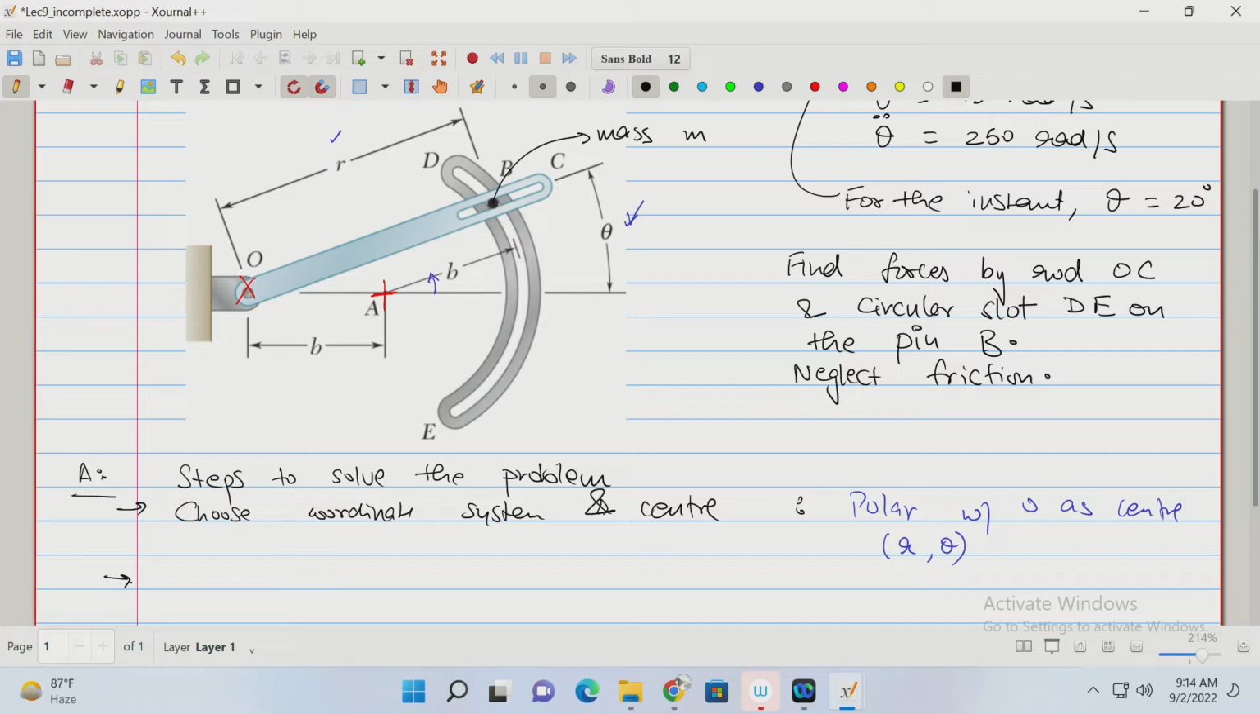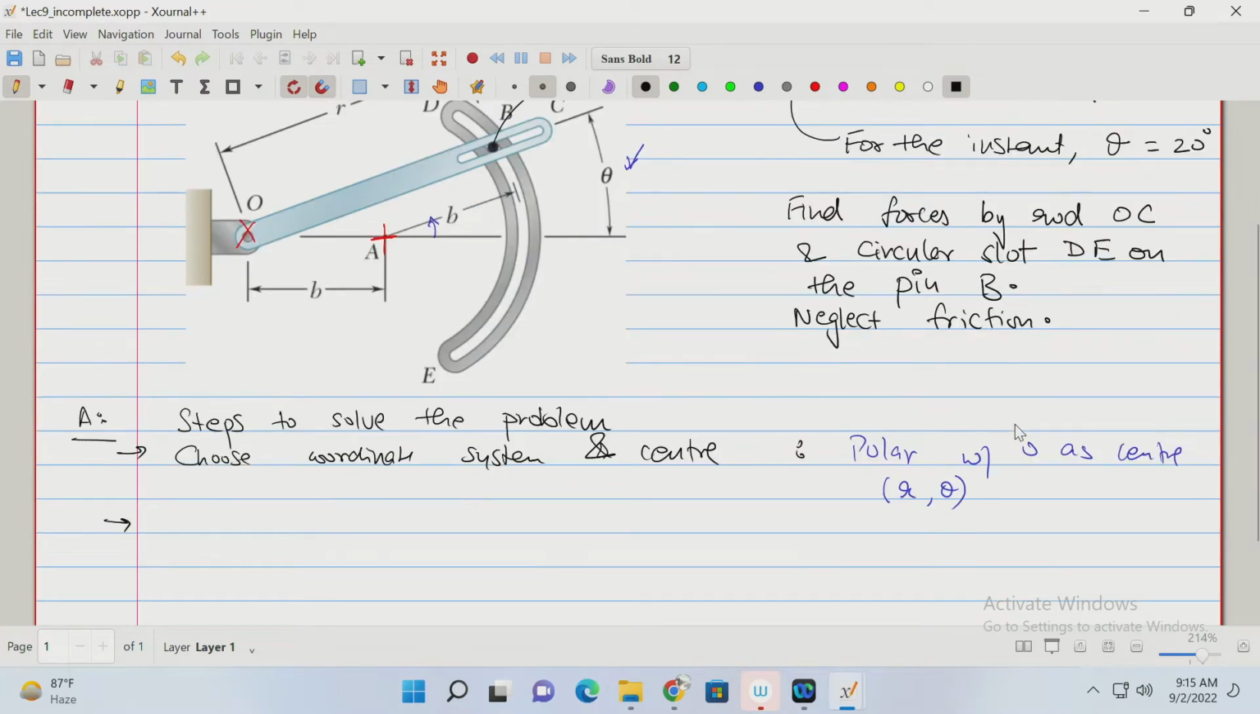What is the next step? Now that we have a coordinate system and we know theta, theta dot, theta double dot, we can go towards finding the acceleration, because what we have to find is the forces acting on pin B. So we have to write the equation: the force acting on pin B is equal to mass times acceleration of pin B. So we find the acceleration of B,